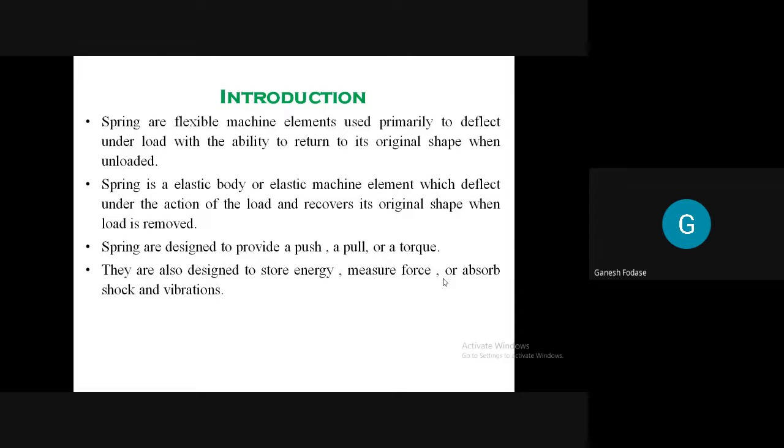Right. So basically, in vehicles we see springs are used to absorb shocks and vibrations. Then tell me an application where springs are used to measure a force. See why I'm asking. Weighing scales and all. Spring balance, weighing scales. Yes.